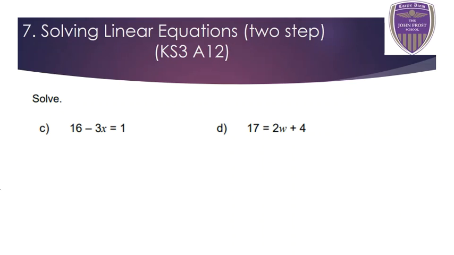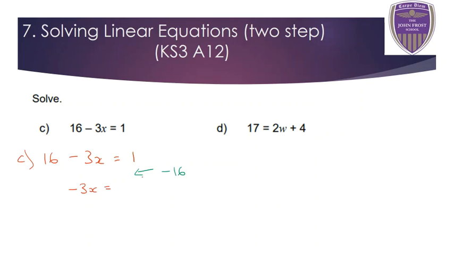Right, moving on then. So question C. It's written in a slightly different way this time, but we can still figure it out no problem at all. So if I rewrite it first of all, 16 minus 3x equals 1. Right, so here it's the 16 that we want to get rid of first, isn't it? This 16 at the moment is a positive 16 because it's got no symbol in front of it. So the opposite of adding 16 would be to subtract 16. It's important now on this side, all we're doing is getting rid of the 16. So the minus and the 3x are still going to stay. So this is going to say